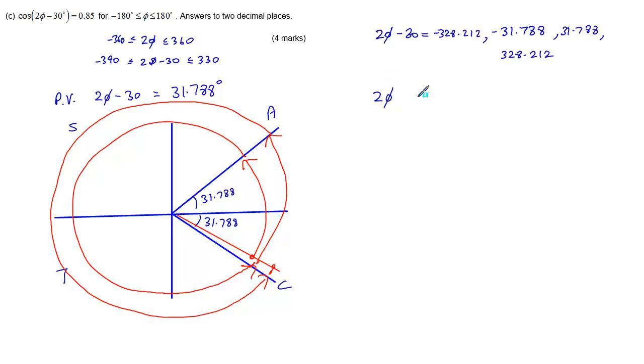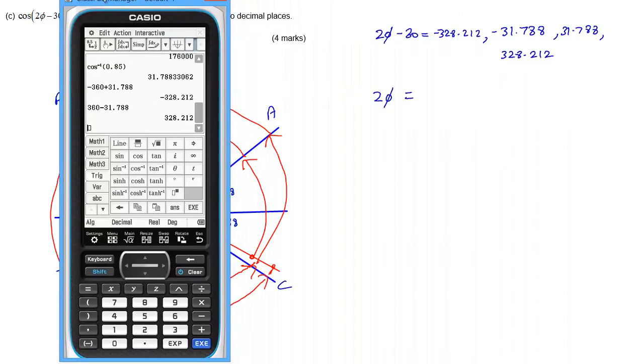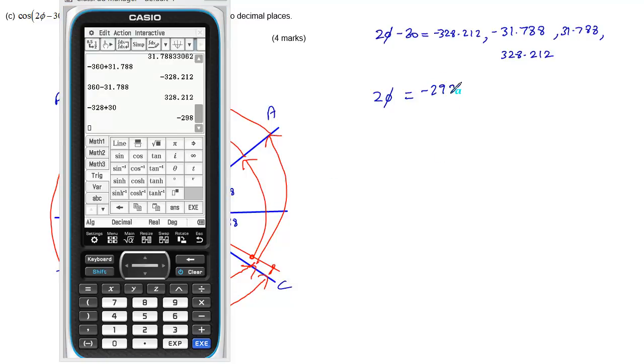So what we need to do is add 30 to all of those. So negative 328, I used the wrong minus, negative 328, add 30, so negative 298.212, and then this one would just be negative 1.788, and adding 30 to this would give me 61.788, and adding 30 to this, 350.212,